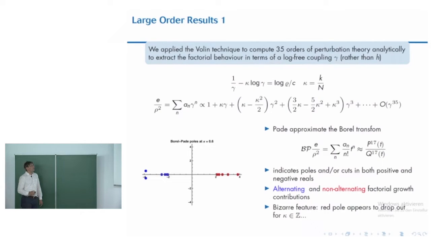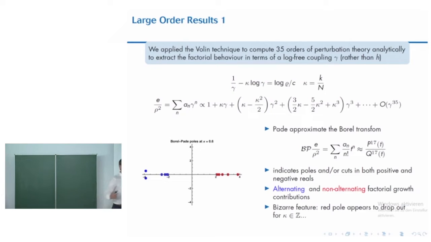So we do this technique, and we compute 35 orders of perturbation theory. So 35 orders of a two-dimensional quantum field theory in perturbation theory. And we do it analytically. So all our results depend on kappa, which is actually k over n. And we find, eventually, the energy density has some expansion in a coupling. Little subtlety here, I do a change in what the coupling is to remove some logs. This is a nice trick, but not important. So we find an asymptotic expansion.